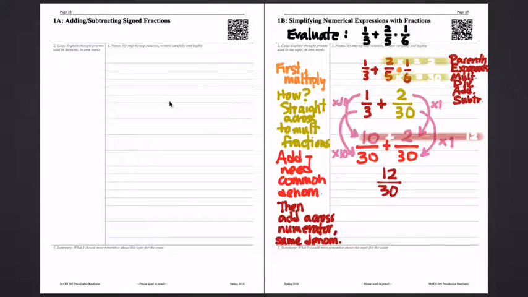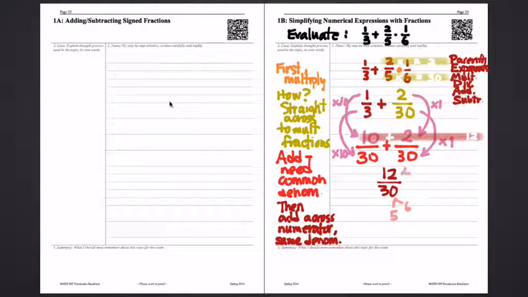Are we done? Why are you shaking your head? What do we still have to do? Simplify. How do I simplify this fraction 12 over 30? Yeah. 2/5. How do you know it's 2/5? Divide by 6. Great. So you looked at these two numbers, the numerator and the denominator, and you observed that